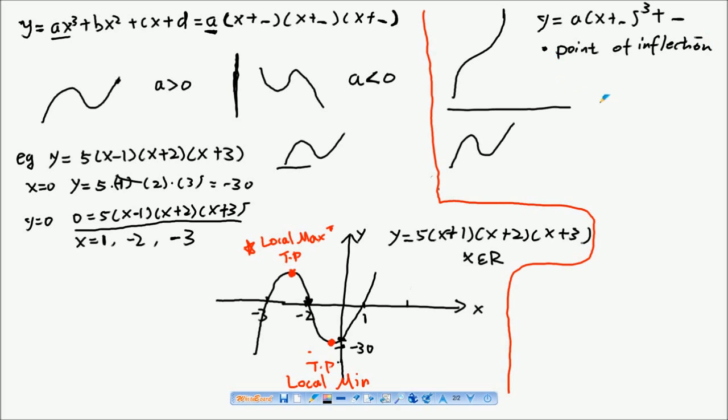Or you will have a graph in this form: y equals a times x plus a number, x plus another number, also x plus another number there, and you sketch the graph in this shape by finding the x-intercepts and y-intercept first. Okay,